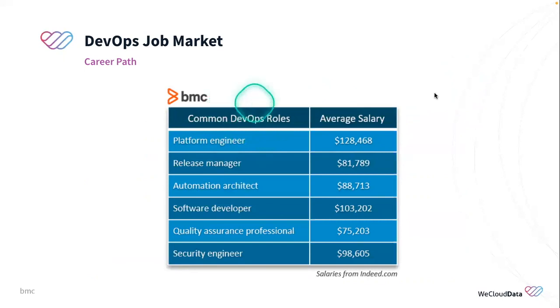This is another view of some common DevOps roles and their salaries. Platform engineering is a very hot role or title that's cropping up these days. Release manager, automation architect, software developer, quality assurance professional, security. What this should tell you is that DevOps is an umbrella term that encompasses many, many different skill sets,